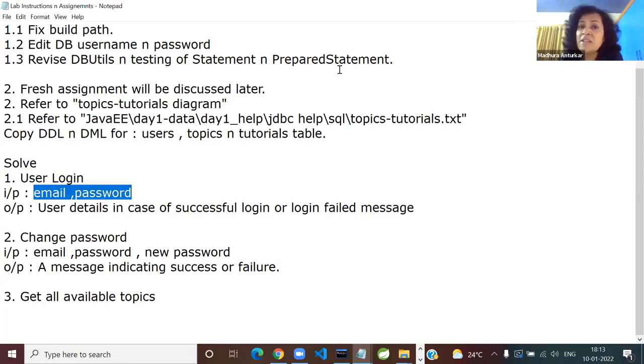After that, what is the next step? Suppose user has given an email and password, great. After that, what will you do? Will you directly execute the query? No, absolutely correct. You will have to set the in parameters. Set int is wrong, Gaurav. Email and password, both are strings. So both will be pst.setString. First argument is the parameter position, question mark position 1, comma, email. And what will be the next one? Tell me the next line. Yes, 2, comma, password. Everyone can understand?